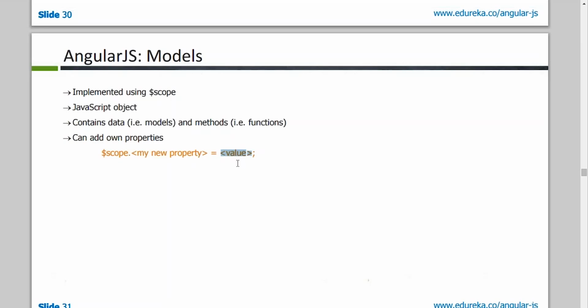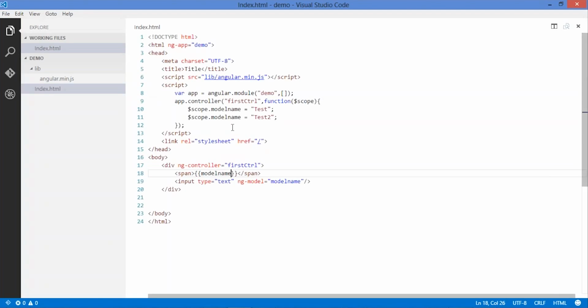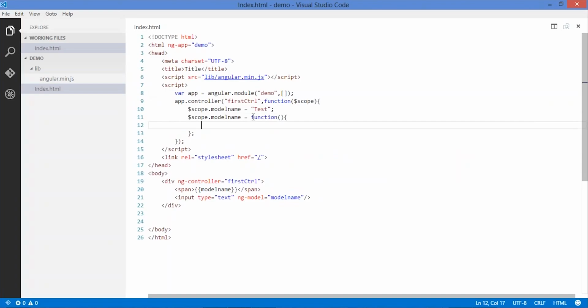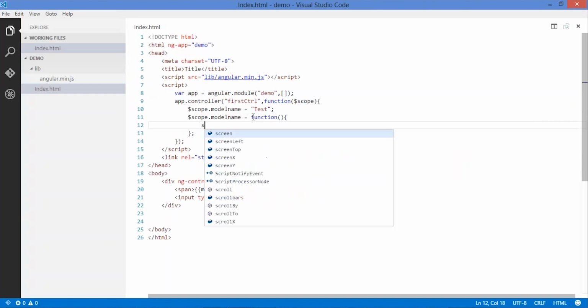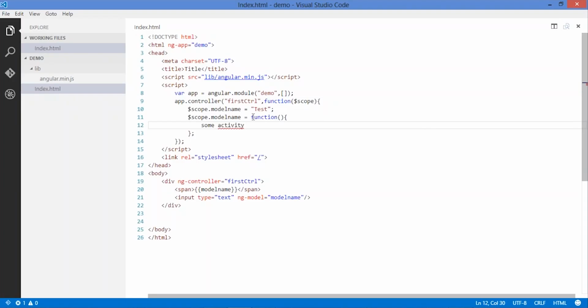It's a JavaScript object like normal objects. It contains data and methods. So instead of going ahead and providing a value to this, what you can technically do is you can assign a function to a model, and then maybe some activity going on here. Okay,